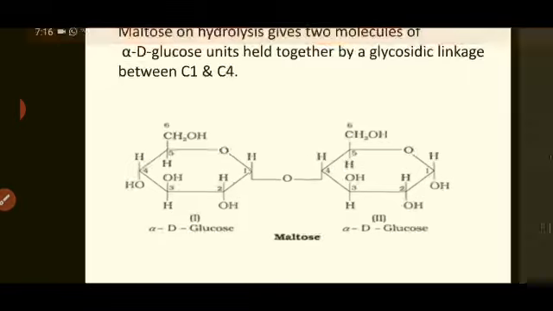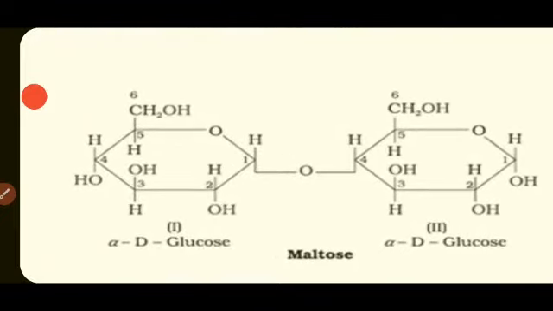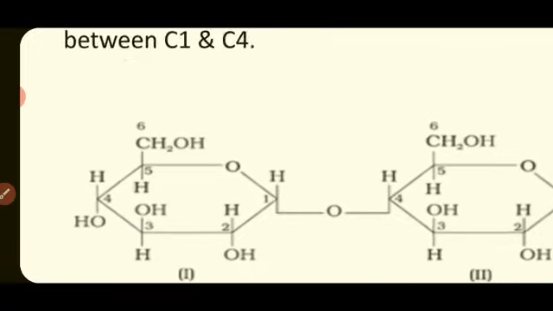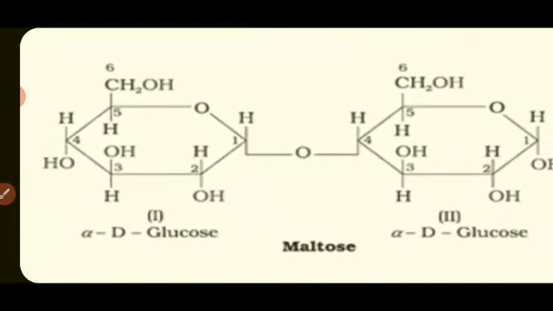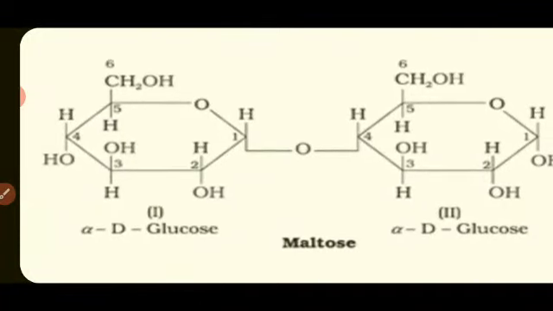Now, this structure can also be asked for 2 marks. And if you see the previous year question papers, out of these 3 structures, that is sucrose, maltose or lactose, any one structure is asked for 2 marks. So please keep the practice of writing the structures properly. Give the numbering here. Already the numbering is given. You also try with numbering so that you will not forget any of the carbon atoms or any of the groups.